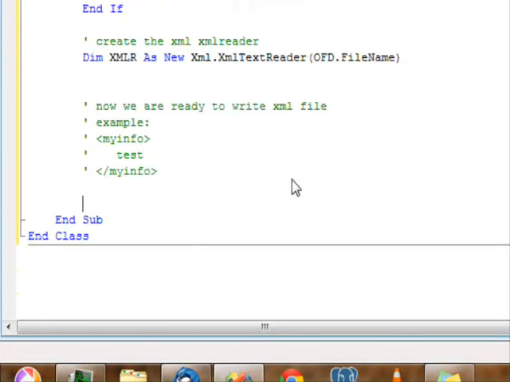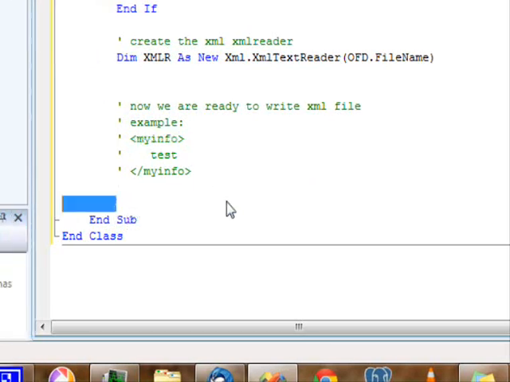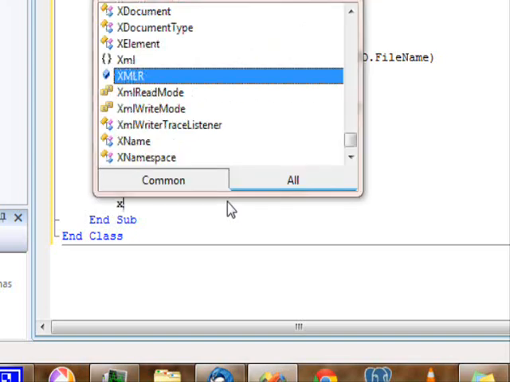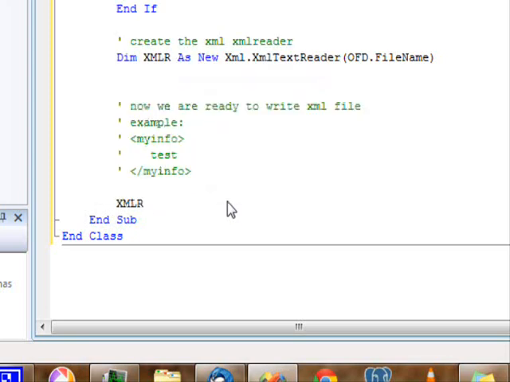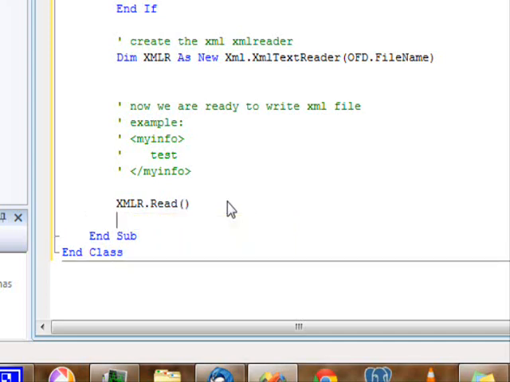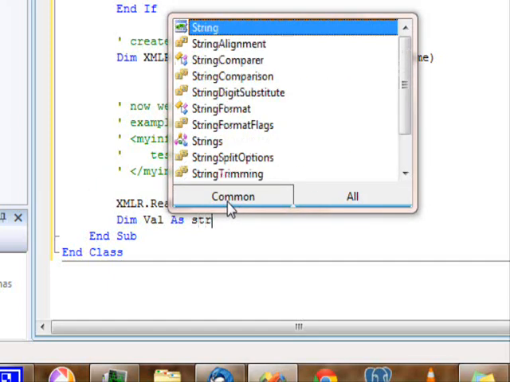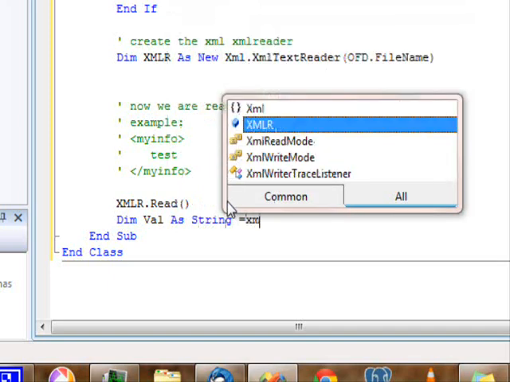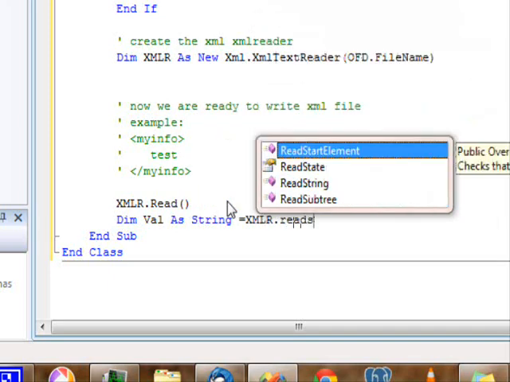Now, how do you read this file? Well, it's very easy. So here, we are going to start reading the first tag, which is my info. So all you have to do is XML.Read. Okay, and what this one does is read the first tag, which is my info. Now we need to get the value. So dim val string equal XML.Read